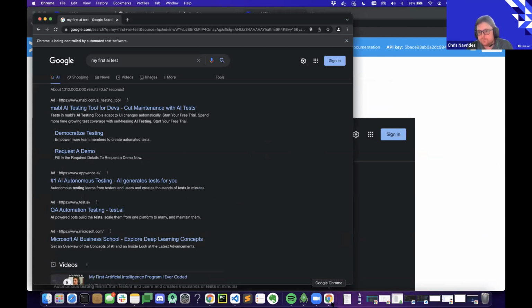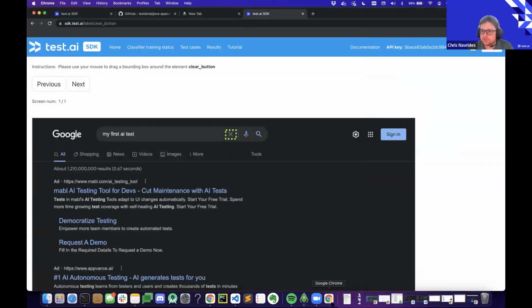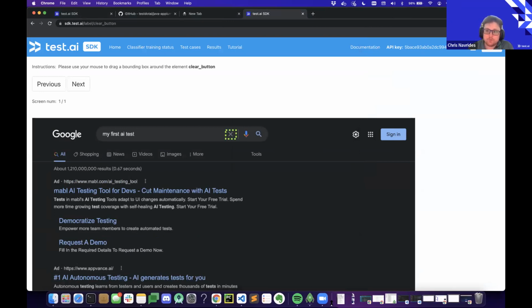What we're doing is training the AI bot to say, here in the pixels, this element on the screen is the clear button. What's cool about this is it doesn't matter if it's an HTML5 canvas element, or on a mobile Unity application or something like that. It works purely at the pixel level. It learns under the hood, this group of pixels is this thing.